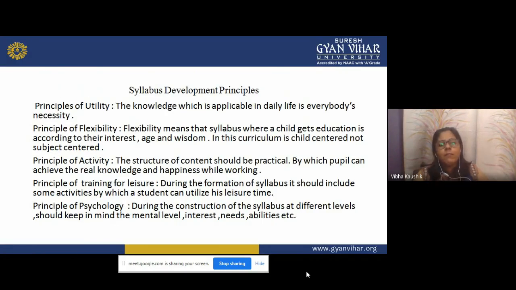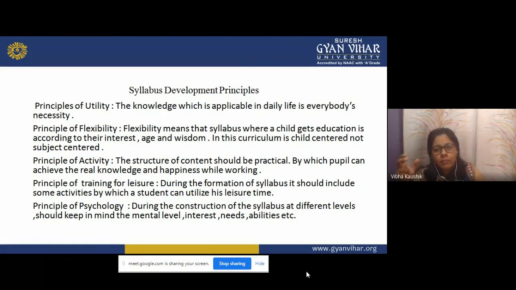Now, syllabus development principles. There are different principles on which a syllabus has to be developed. Now, we are discussing some principles on which a syllabus will be developed. The first one is the principle of utility. What is that? Any subject which is being taught to the student must be useful to the students